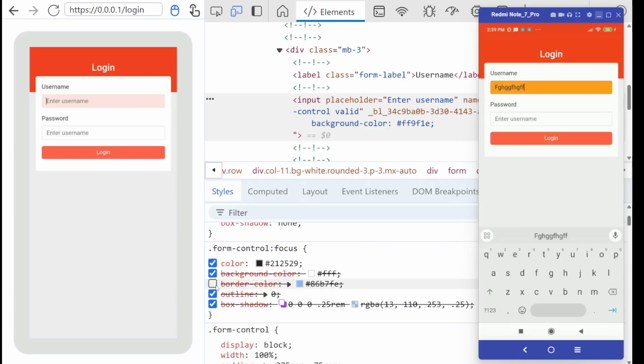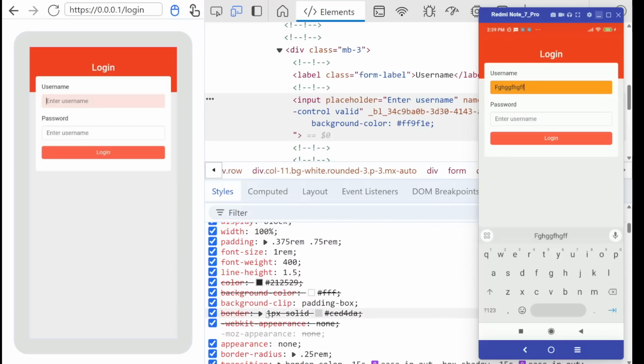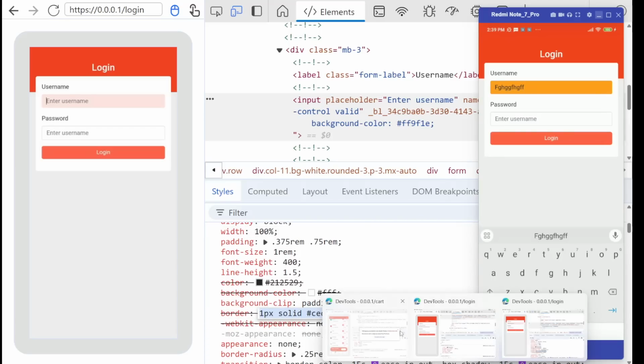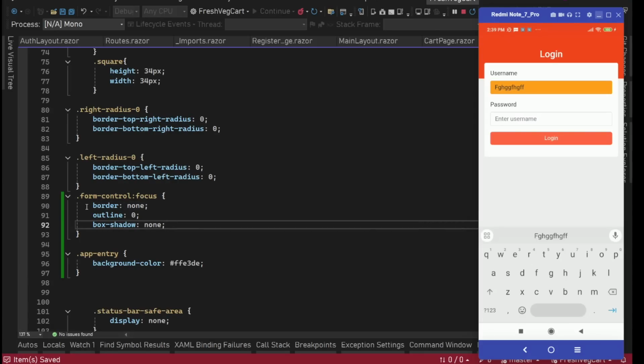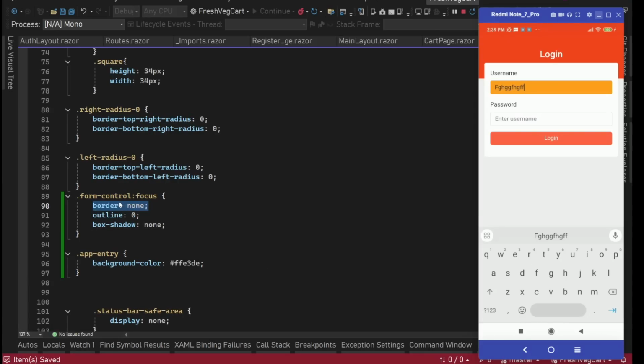So we need to have border color. What is the border color on main form control? We have border this one. So we'll simply have the border same. Go here, border, we are going to have this only. Save it, save everything,